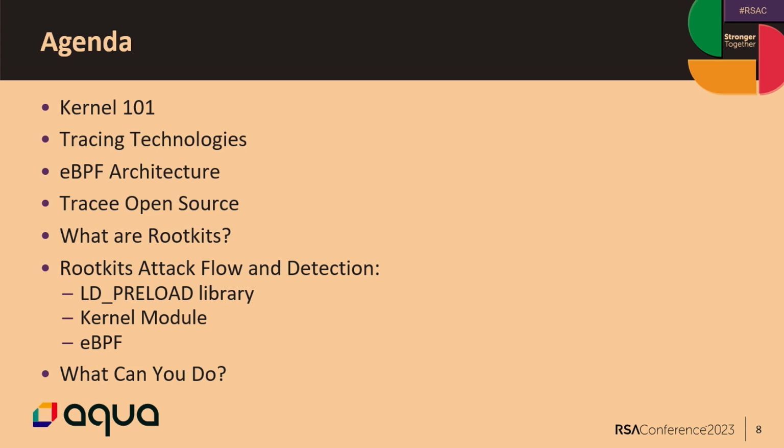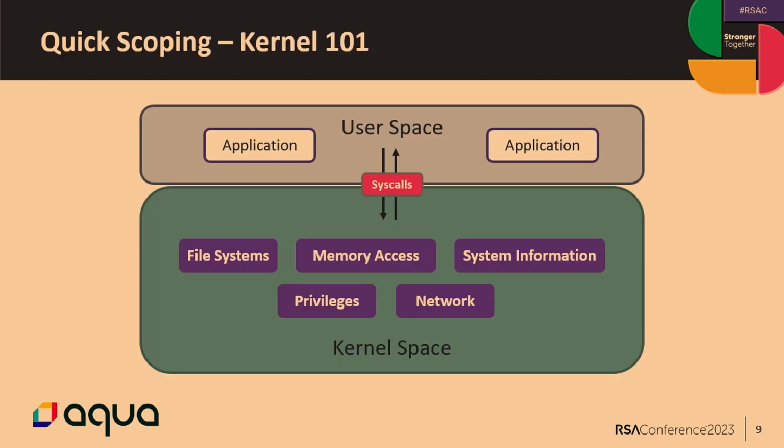What is the playground that we're playing in? And this is the Linux server. We're mostly doing research on cloud security, and most of the cloud is Linux. And this is an abstraction of how the Linux server looks like. So first, we have our user space, which is what we know as the interface of the server. So web applications, databases, and stuff like that are in the user space.